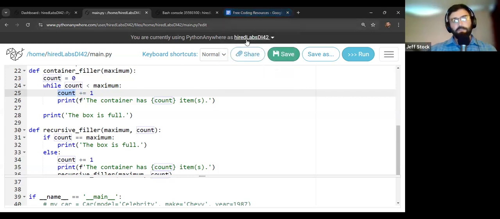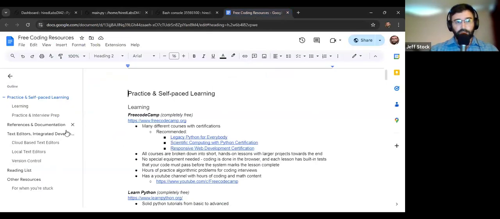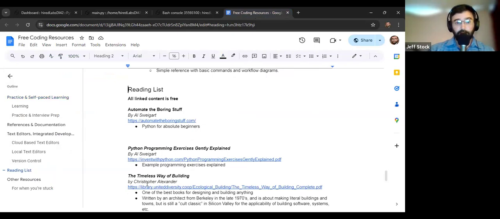So the idea behind a lot of this is that when we're designing systems and we're trying to come up with our algorithms to solve whatever problem we're trying to solve, whether it's the problem set that I gave you or an application that you're building or whatever the case may be, what we're trying to do is... I'm going to go over here to our free coding resources and look at one of the examples down towards the bottom that I encourage you all to look at and read. It's on the reading list side.